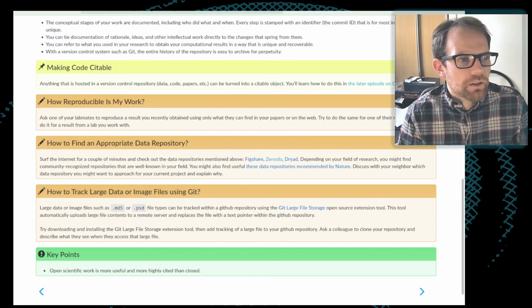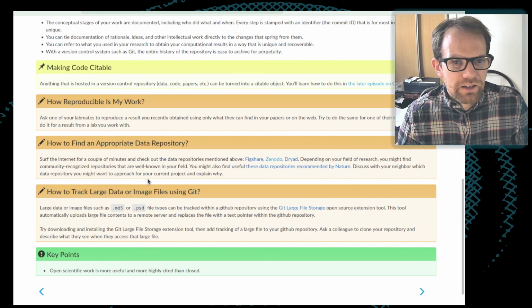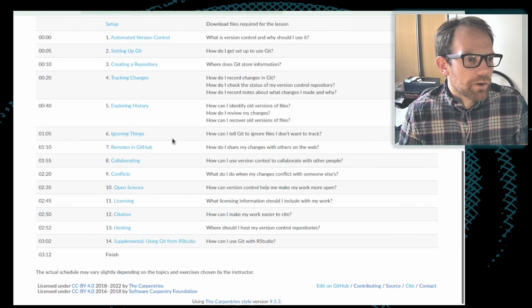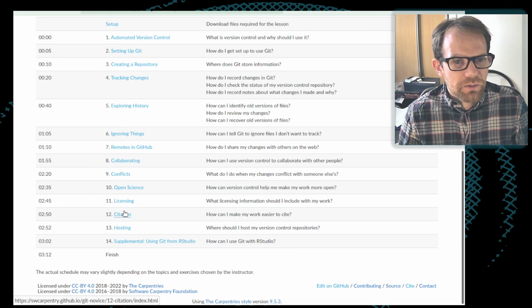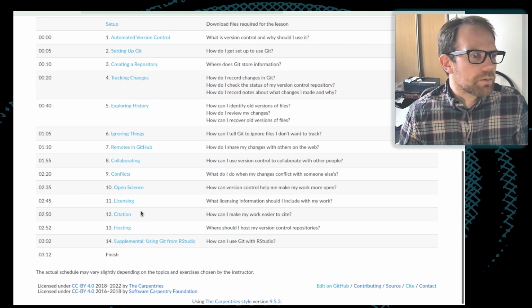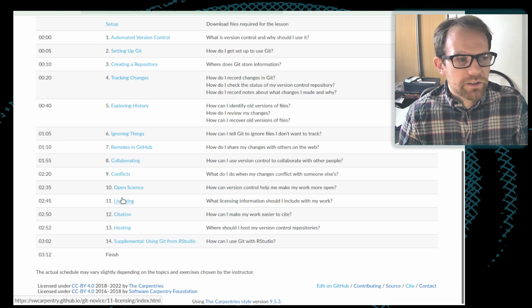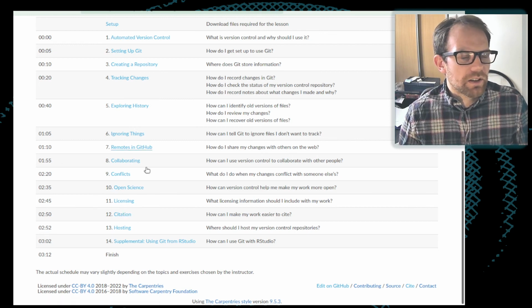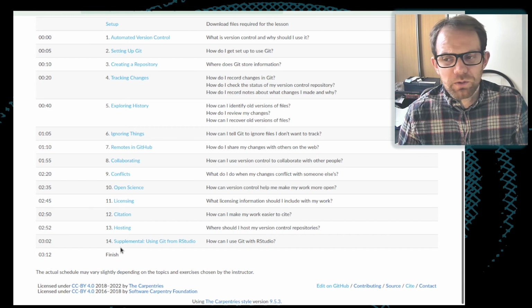So what I will say is we'll probably touch a bit on some of this stuff again next week. Software Carpentry have added some of these sections anew to this course in the last year or two, which is good. But the final section of this course was kind of designed to deal with some of these previous deficiencies. So we'll talk a little bit about licensing next week as well. And we'll probably try and get on to a little bit about citation, but it's still worth going and having a look at the remaining stuff here.